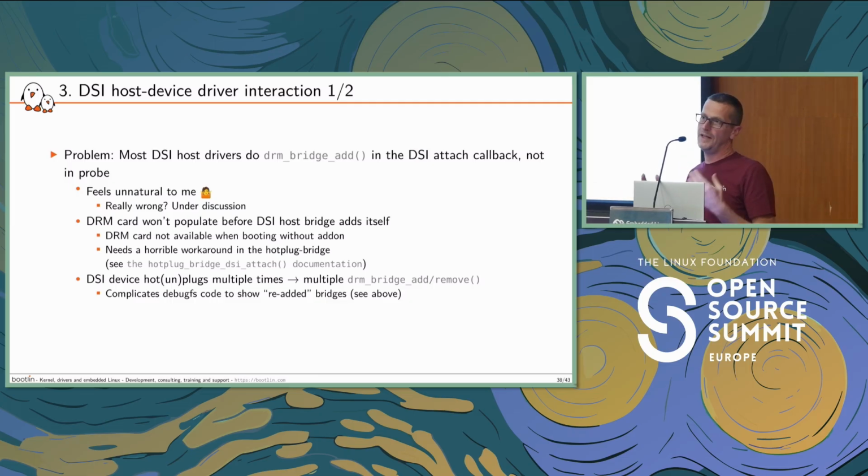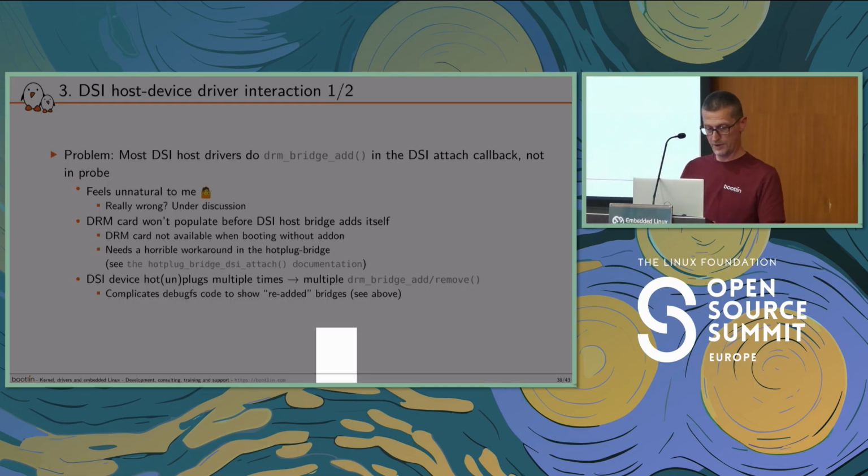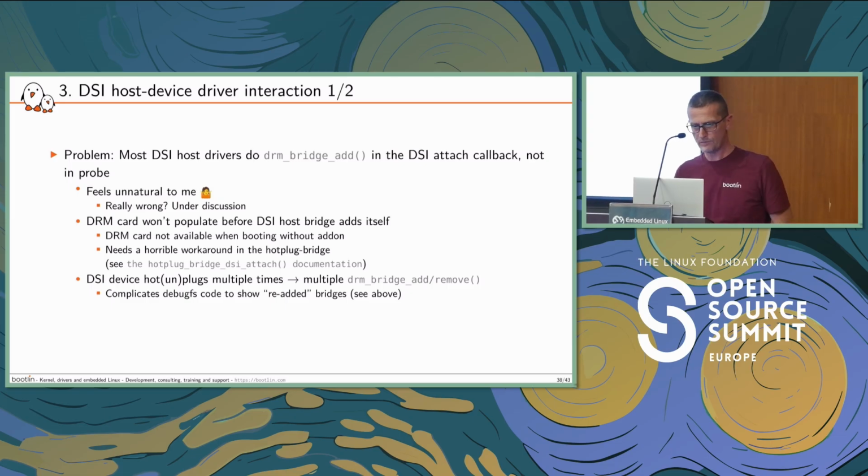One is, again, if the host bridge will not add itself, say you boot without an add-on connected, the host bridge will not add itself, and so it will not be found by DRM, and DRM will not populate the video card. So for the moment, I have a horrible workaround in the Hotplug bridge to handle this situation that I really would like to remove. And the other problem is that when you